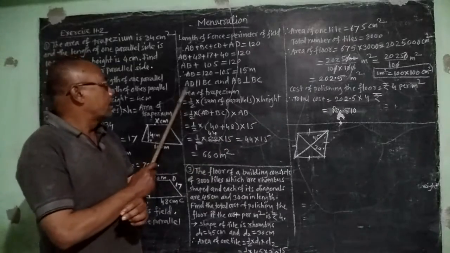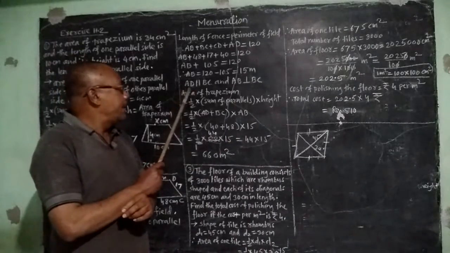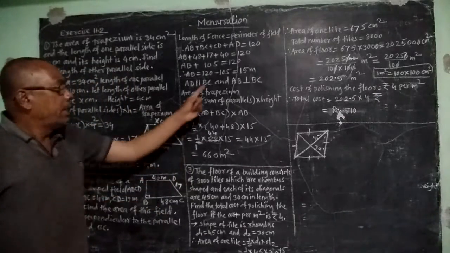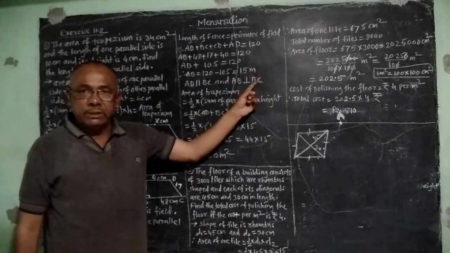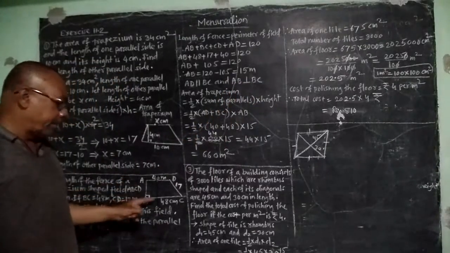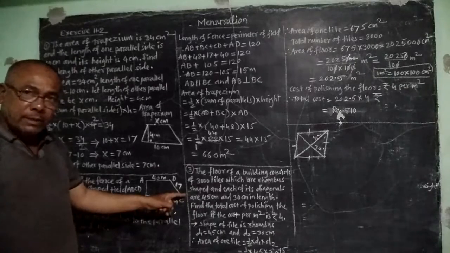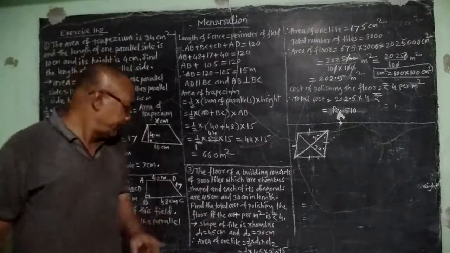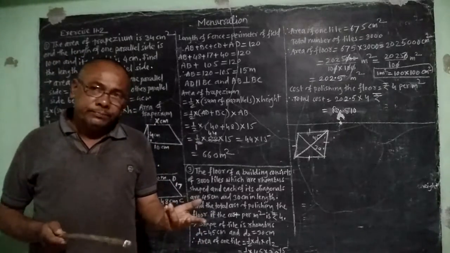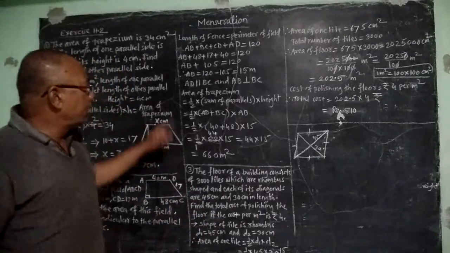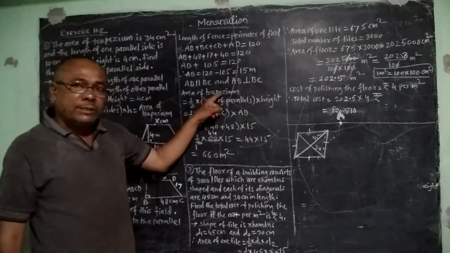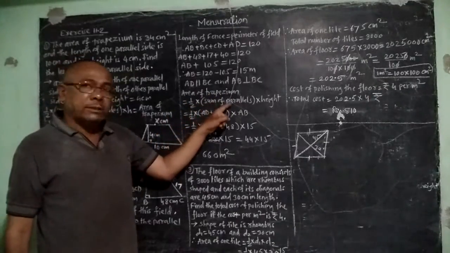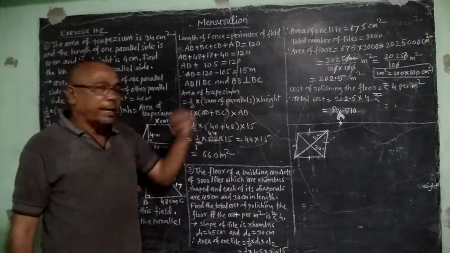And therefore here we know that AD is parallel to BC, and AB is perpendicular to BC. Here AB is perpendicular to one of the parallel sides, meaning AB is perpendicular to both the sides, and hence AB is the height of the trapezium. Therefore, area of trapezium is equal to 1/2 into sum of the parallel sides into height,